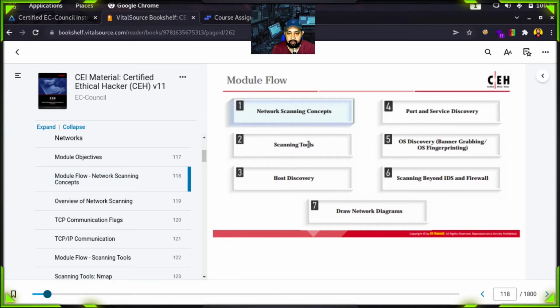Then we'll learn about different scanning tools. This module is divided into seven parts in the module flow. The first part is network scanning concepts, then scanning tools. We'll learn about different scanning tools, how we can scan the network using different scanning tools, open source scanning tools,